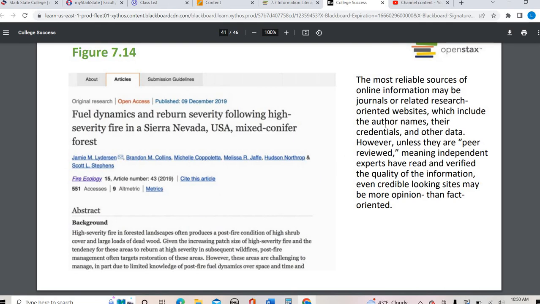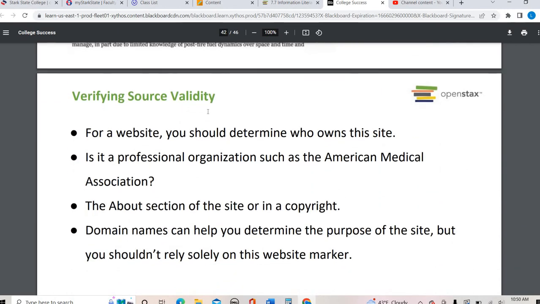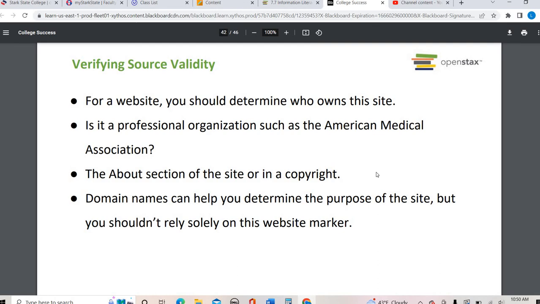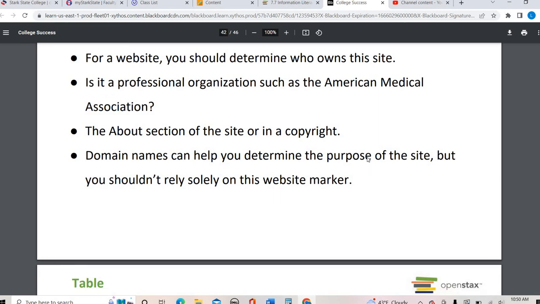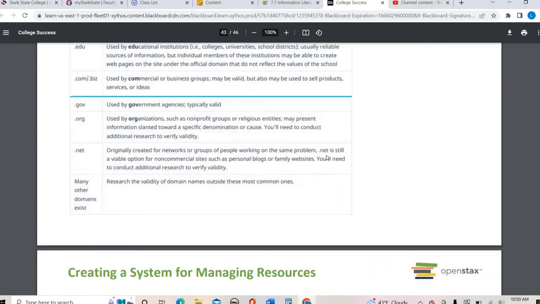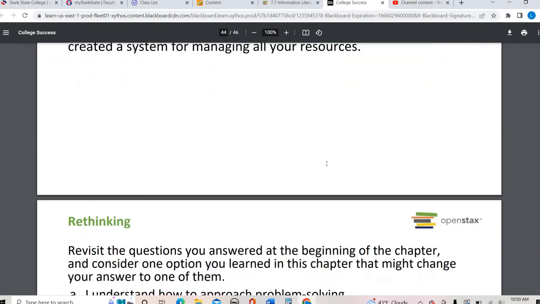Scholarly articles. If you are using our database to find scholarly articles, a lot of the work is already done for you. They've been vetted, if you will, and that gives a little bit more trust to it. But if you go on the open web on your own, you really have to pay attention to the kind of information you are getting. This goes into the domain, who is writing it, and when it came out, because you don't want to be looking at a website that was published in 2015. That's pretty out of date depending on what field you are in. Here's that table replicated there, and then making sure that you are managing your resources.